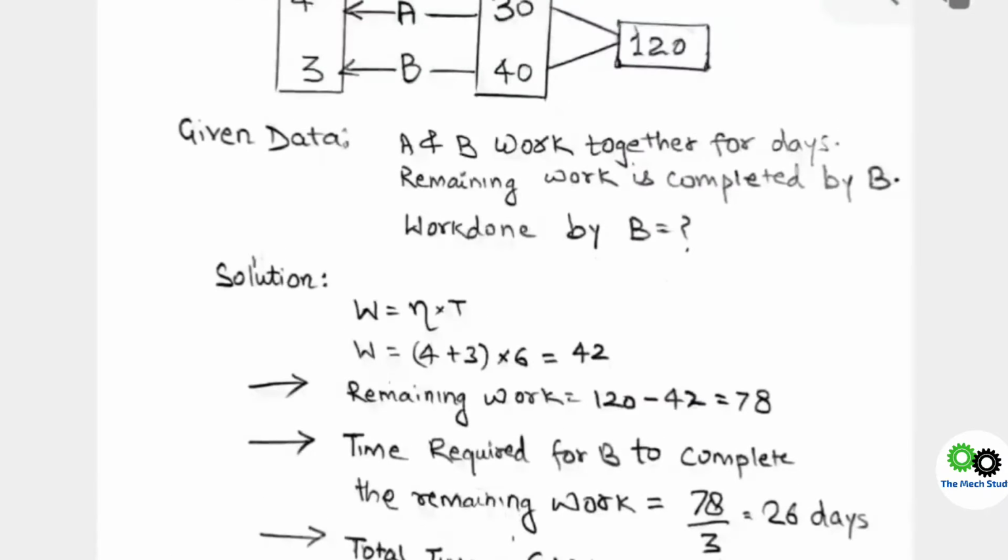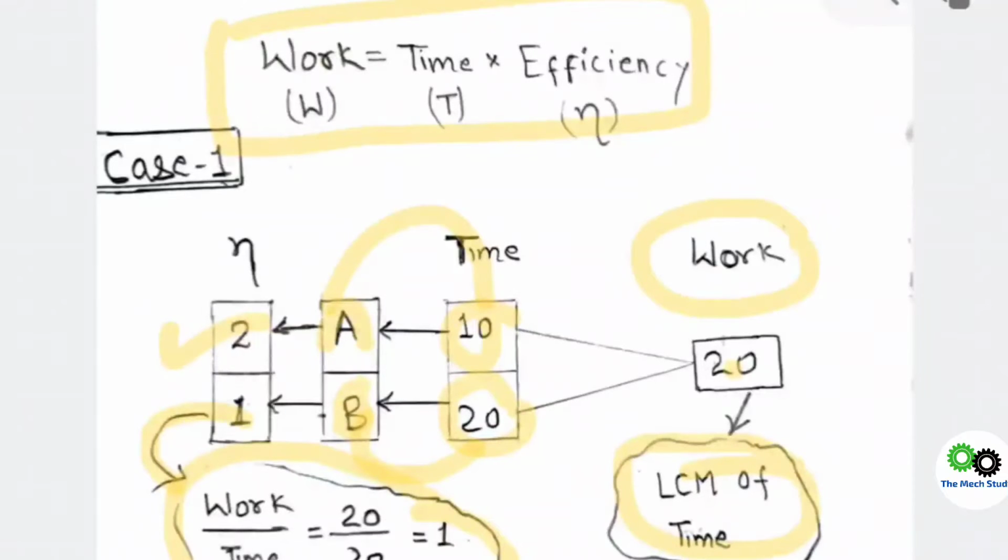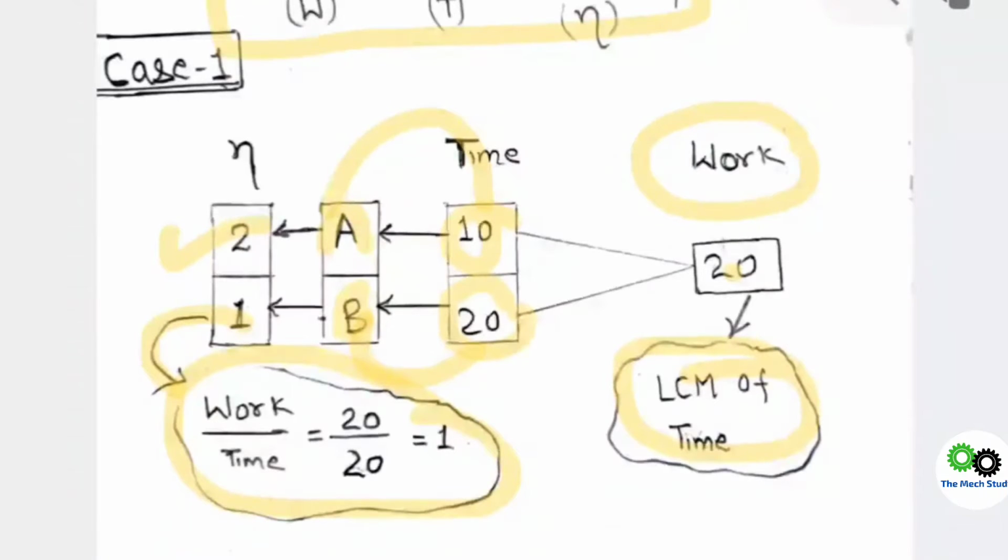you simply need to mention the data as well as the types which I have mentioned over here. You need to be aware of how you can put the format. Like you need to put here the efficiency, here the time, here the work. Three main components are there for any work and time question. First you need to calculate the work. Time is already given in a question, or work is mentioned, either of them. Along with that you need to calculate the efficiency. Once you get the efficiency, your 50% work has been completed now.